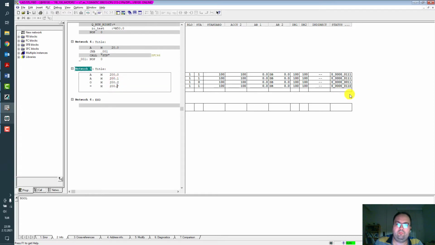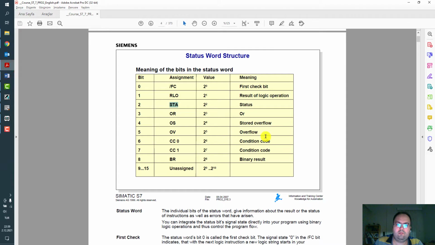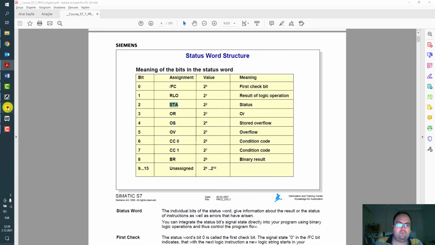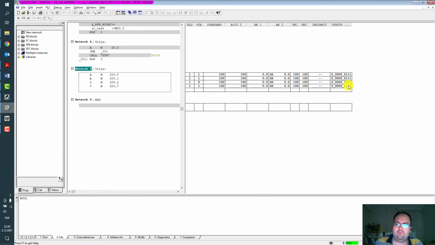And you can see the BR bit here. Binary result is the 8-bit. Zero, 1, 2, 3, 4, 5, 6, 7, this bit.